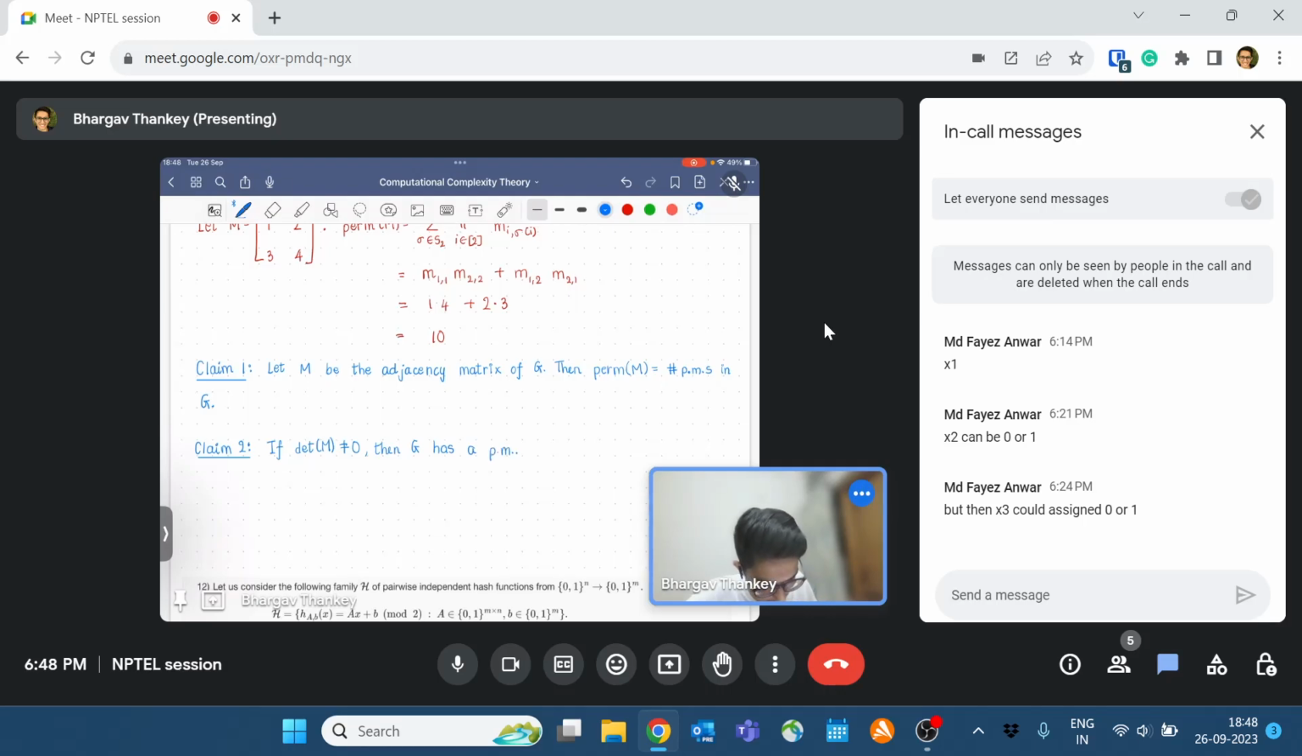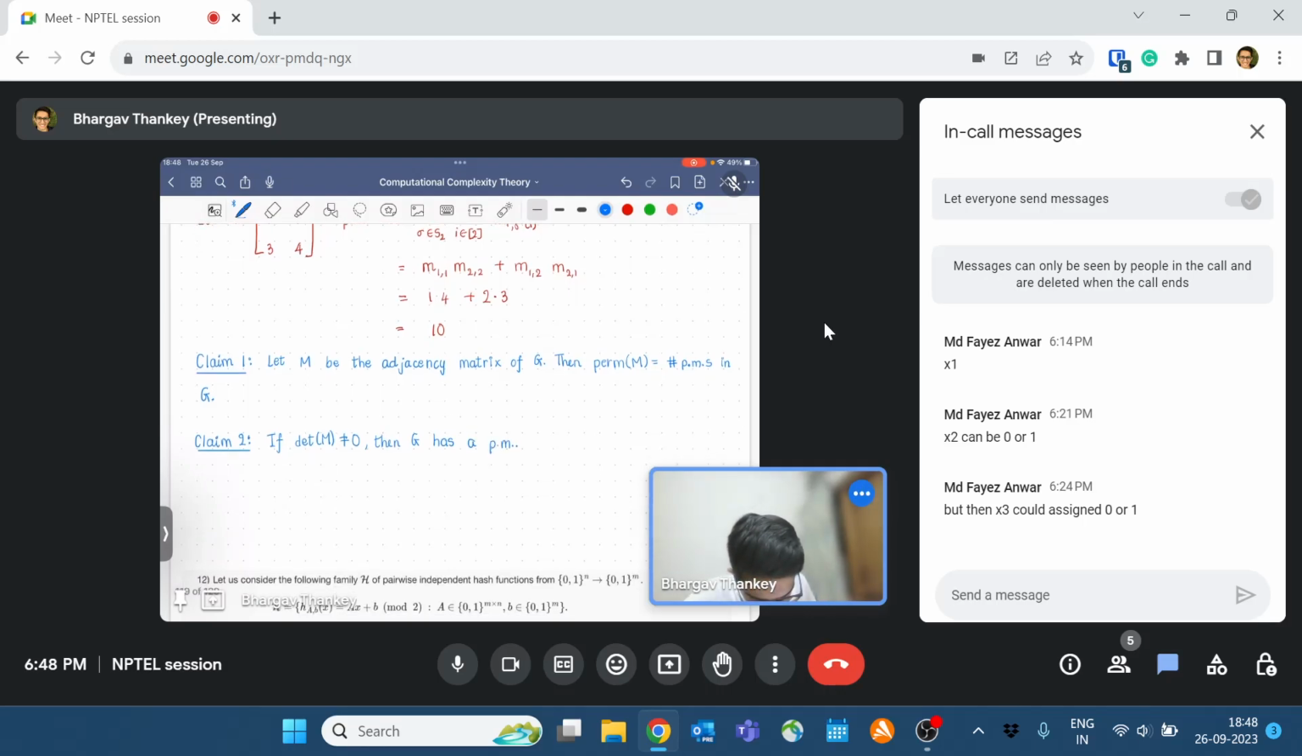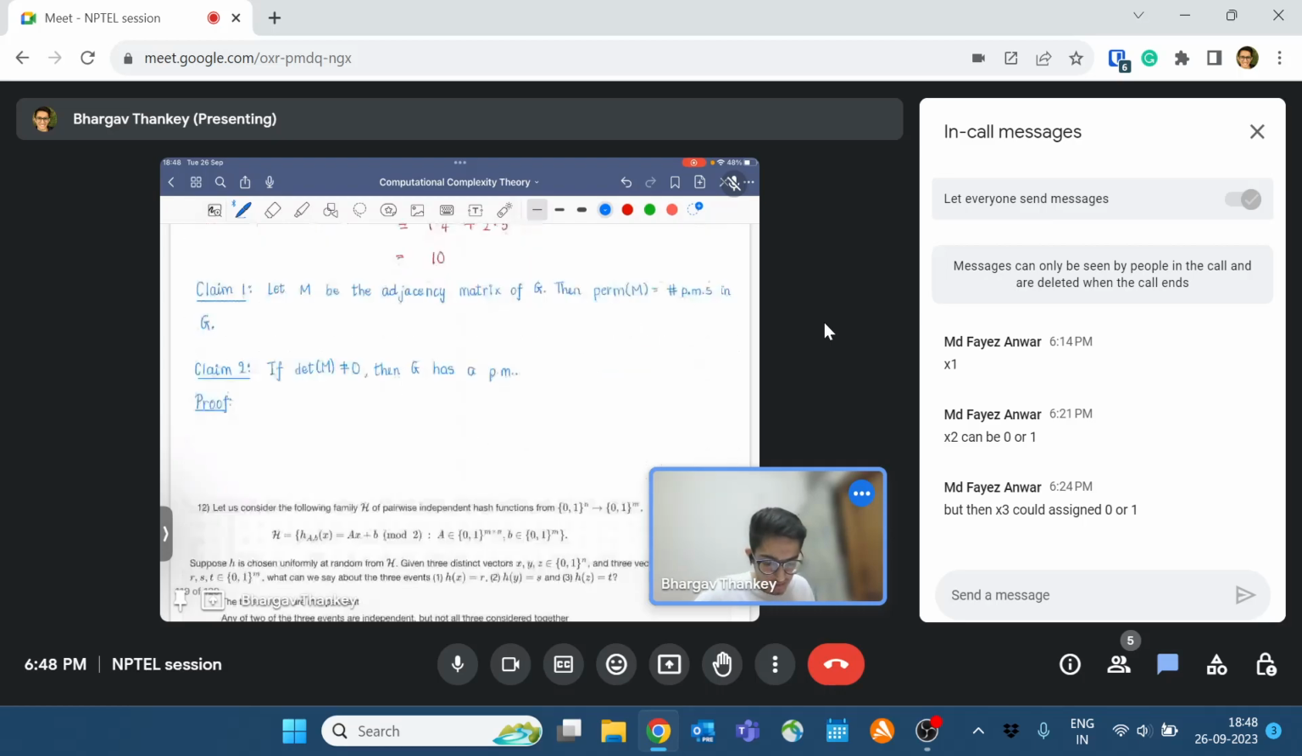So this is the claim. I'm claiming that if the determinant is non-zero, then G must have a perfect maximum. And the proof. Okay, so first of all,